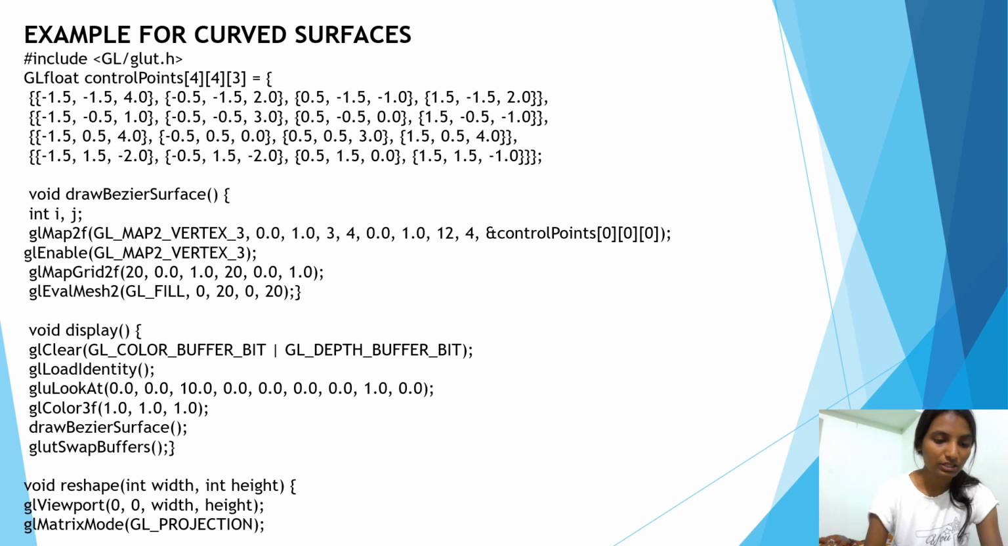The drawBezierSurface function is defined. Inside this function, the glMap2f function is called to specify the control points for the Bezier surface using the control points. This GL_MAP2_VERTEX_3 specifies that each control point has three coordinates,